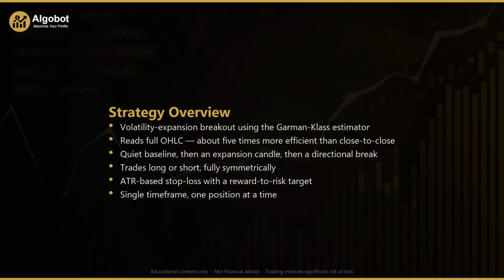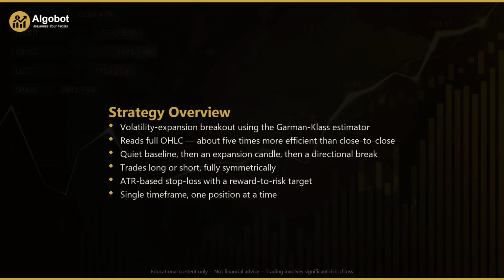The core idea is simple to describe. Markets tend to alternate between quiet, coiled periods and sudden bursts of movement. The strategy first learns what normal volatility looks like over a baseline window of recent bars, and it also records the highest high and lowest low of that window to form a price box. It then waits for a single candle whose volatility expands well beyond that baseline, and which closes decisively out of the box in one direction. When that happens, the EA reads it as a possible ignition, the moment a range gives way to a directional